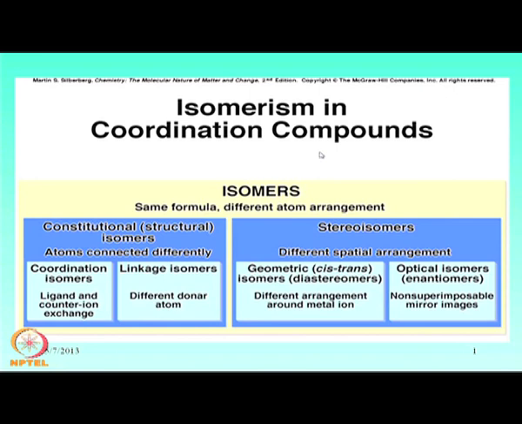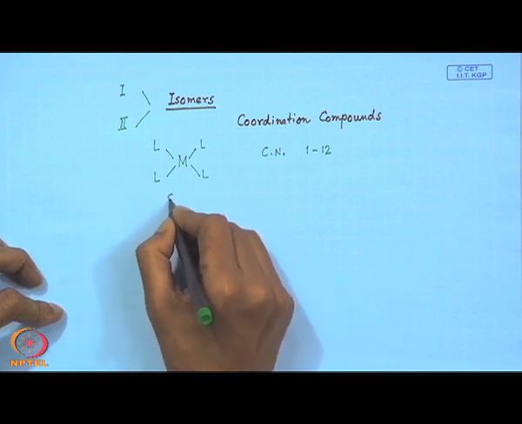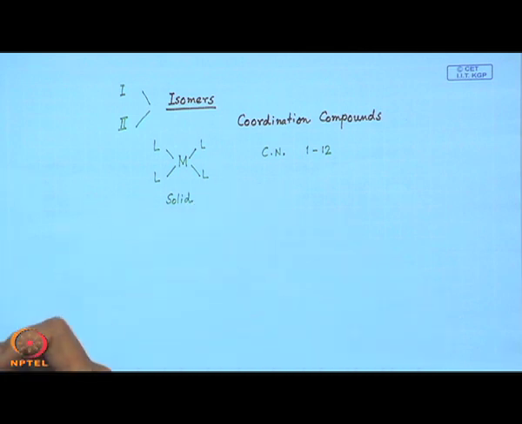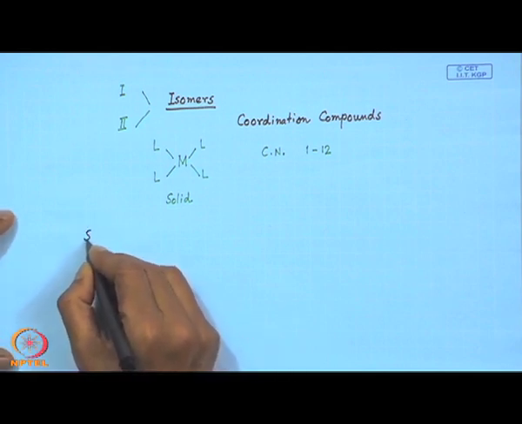We will see first, starting from the entire coordination compounds, what we know about isomerism in coordination compounds. This is a very broad field where a large number of coordination compounds are involved. Not only the coordination compounds, but sometimes the simple corresponding coordination environment or coordination entity in solution. This system we can isolate in the solid state as a solid compound, but in the solution phase also